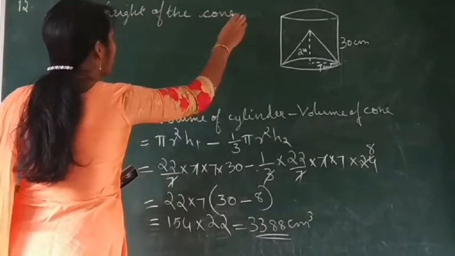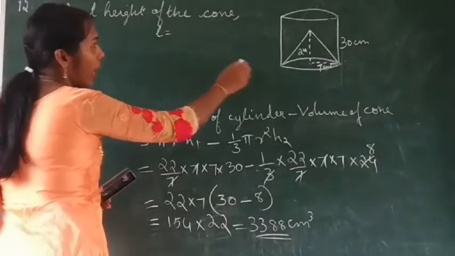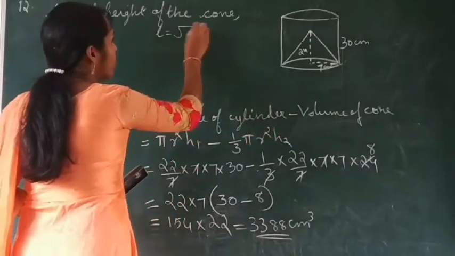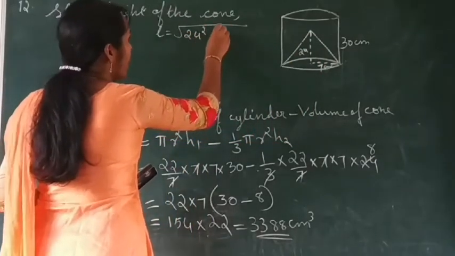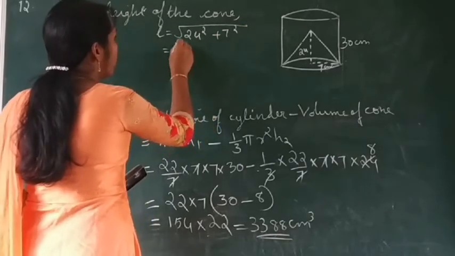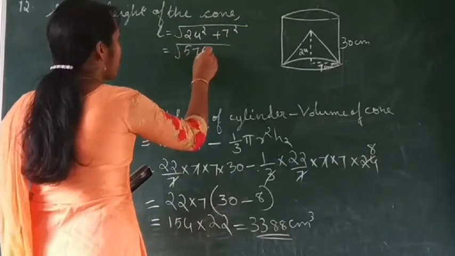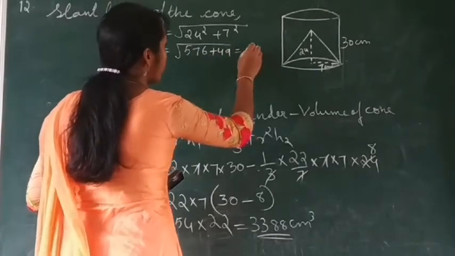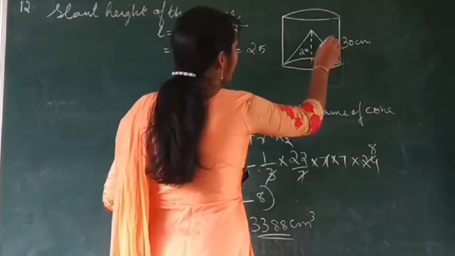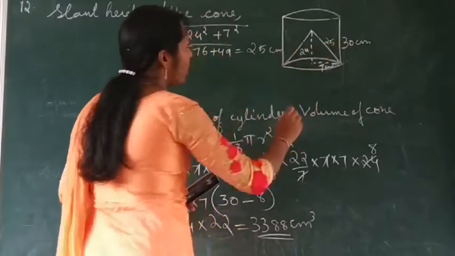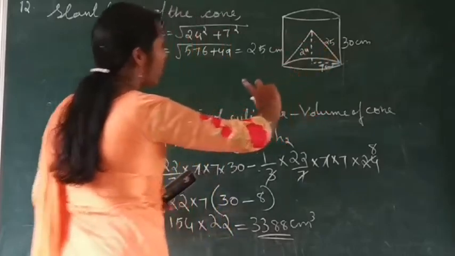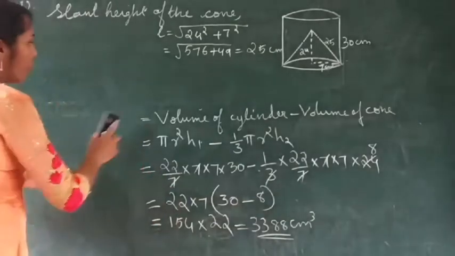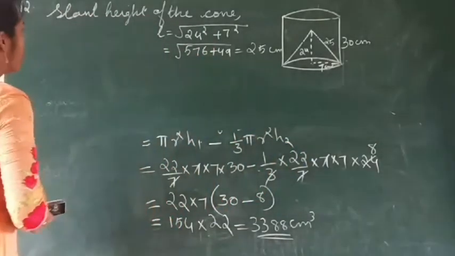So slant height of the cone, L is equal to, we have height and the radius. Height is 24 and radius is 7. So L is equal to root of 24 square plus 7 square, that is equal to root of 576 plus 49 equal to root of 625, that is 25. So the slant height is 25 centimeter. Now height of the cone is 24 centimeter, height of the cylinder is 30 centimeter, and the radius is 7 centimeter. Therefore, surface area of the solid is equal to